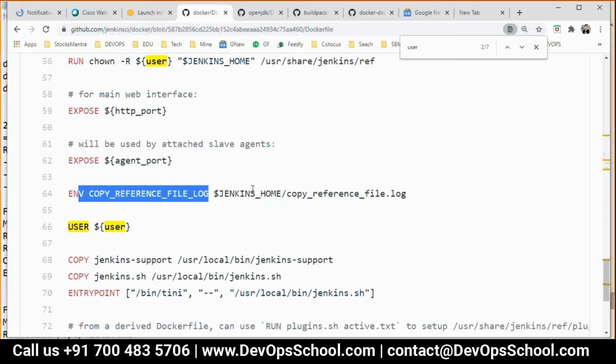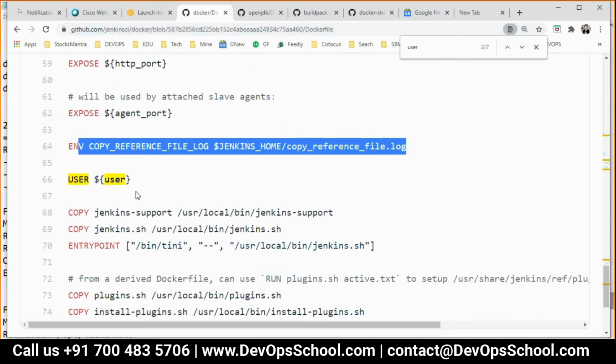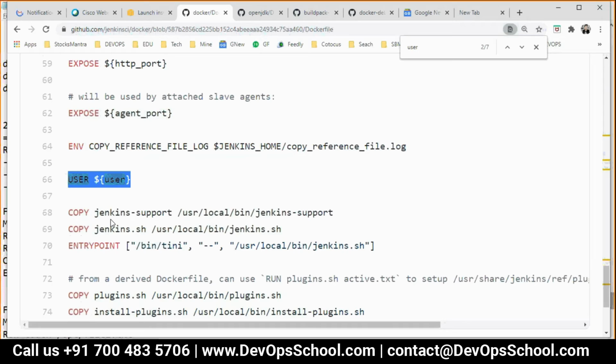Now again, environment. Now you must be wondering, your Ubuntu container was running as root. Root user. So root is a genuine user, right? But how come the Jenkins container was running with the Jenkins user?